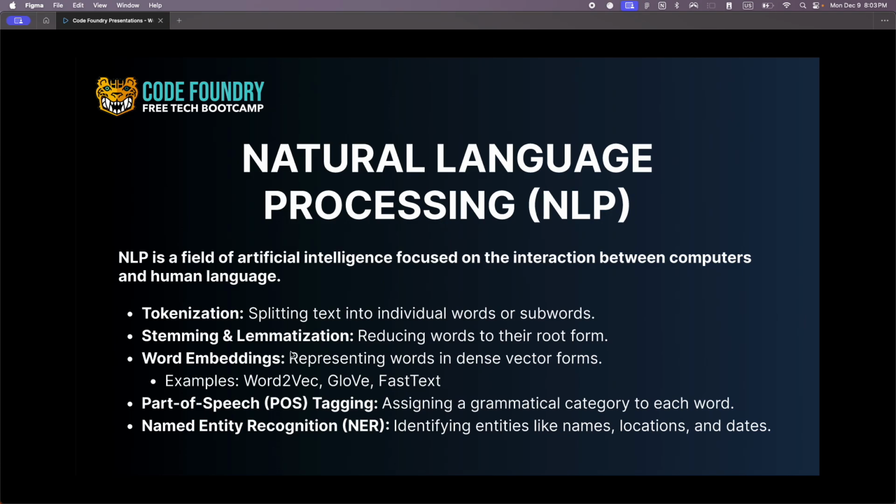So what we do is we add word embeddings and part of speech tagging, which assign a grammatical category to our words. So for example, "ran" would be broken down into "run," and we would give it the tag past tense of a verb, essentially. And then we add in named entity recognition, which will be able to pull out proper nouns, like, for example, Google or Meta, or names like Andres or Christopher. We could pull out those names